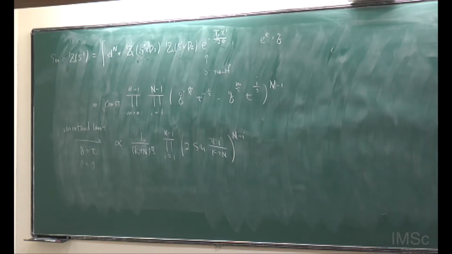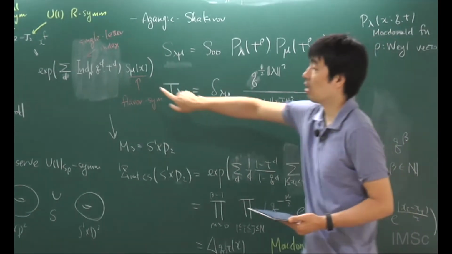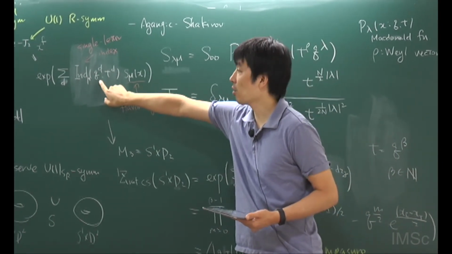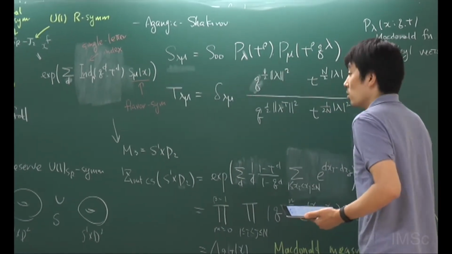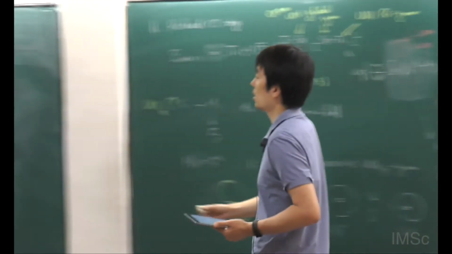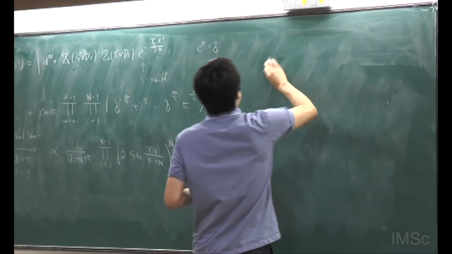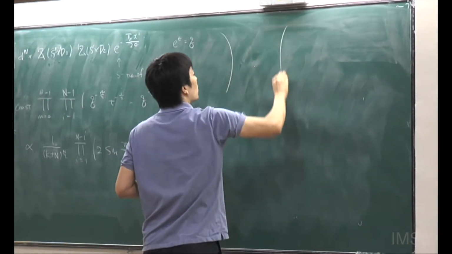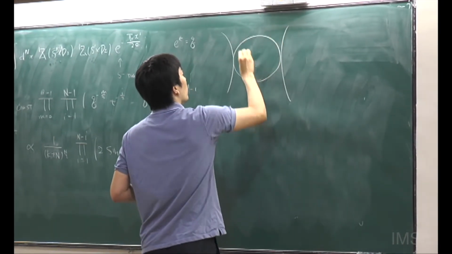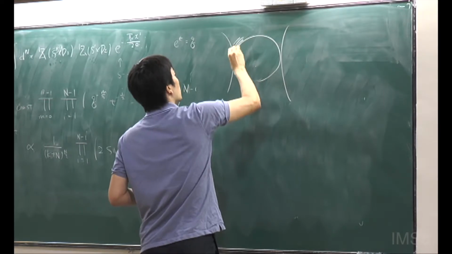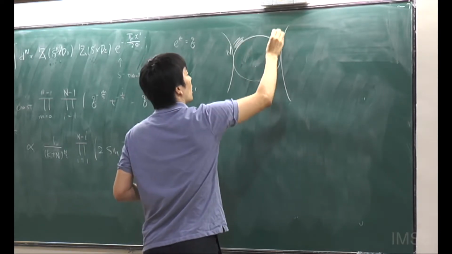So the question is how to get this term. This is a single particle index of S3. As you recall, you have an S3, and there's the N M5 branes, and there's a